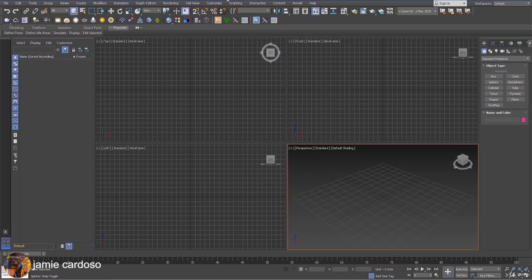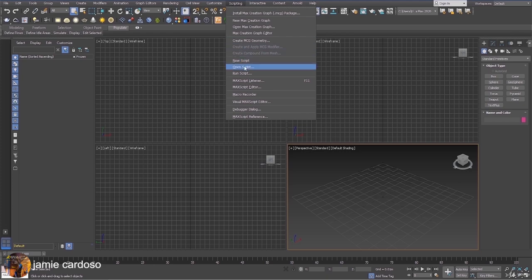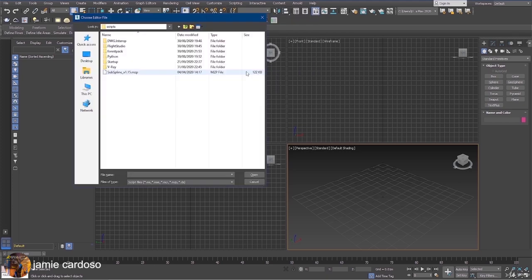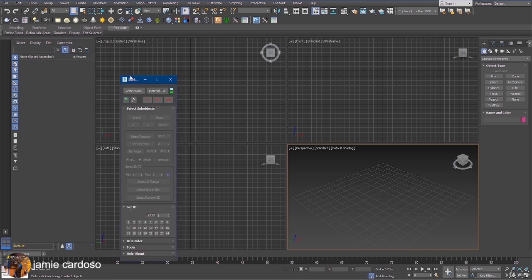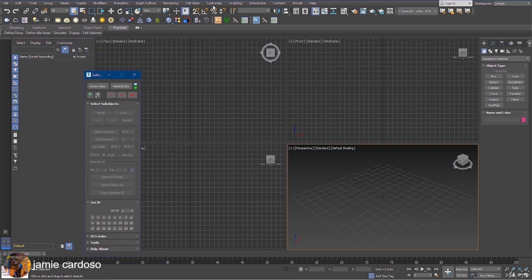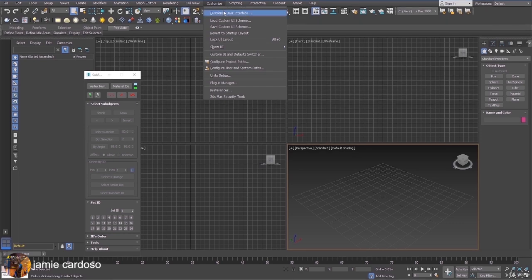Once downloaded, back in Max, click on the scripting toolbar and choose Run Script. Let's pick our downloaded script here and open it. Here's the SubSpline dialog. To create its toolbar button, let's go to the Customize toolbar and choose Customize